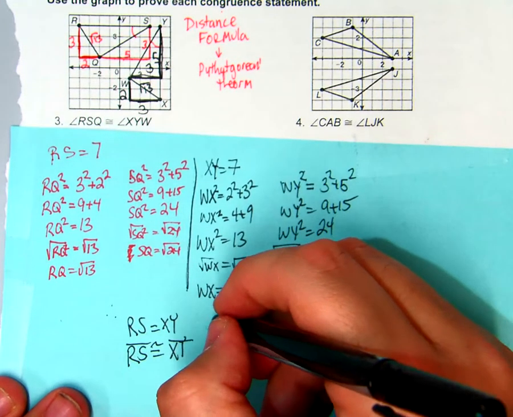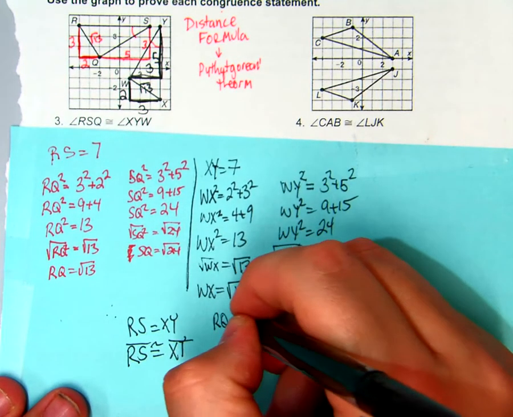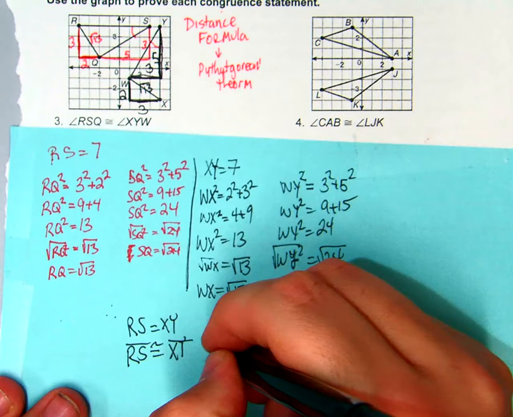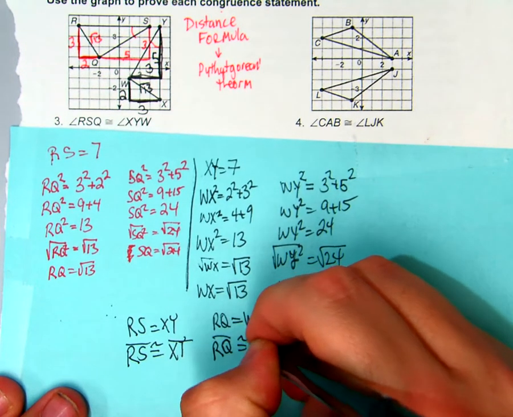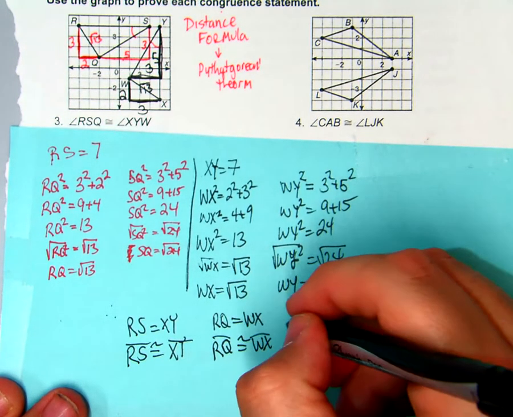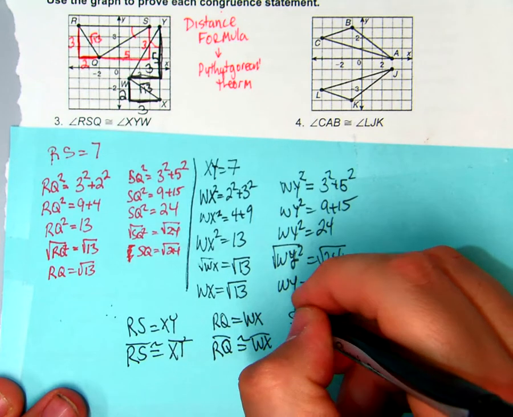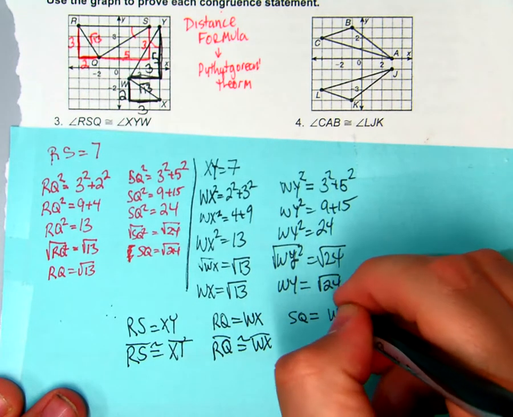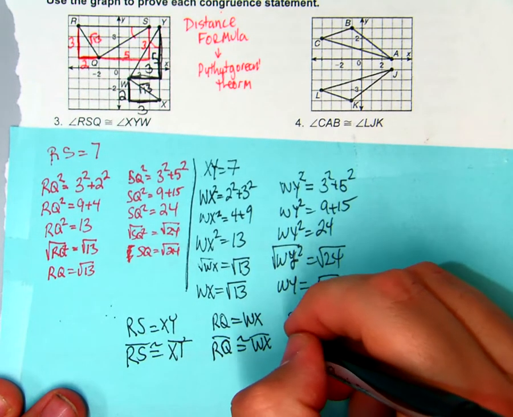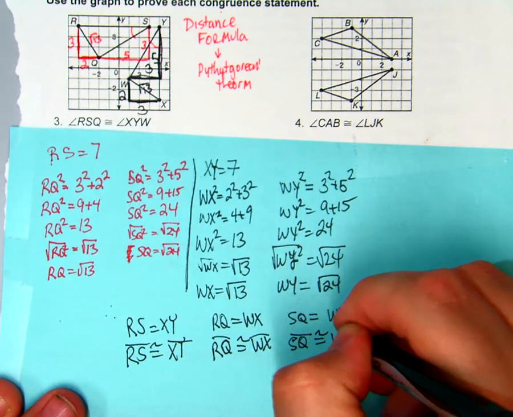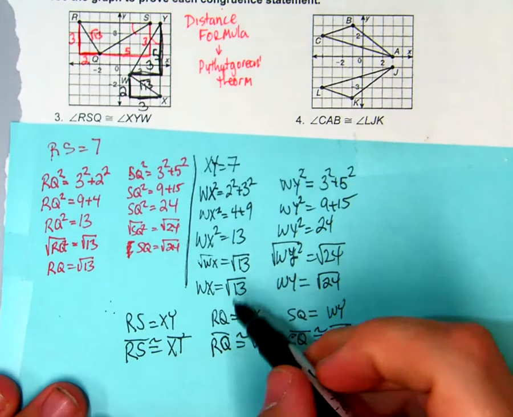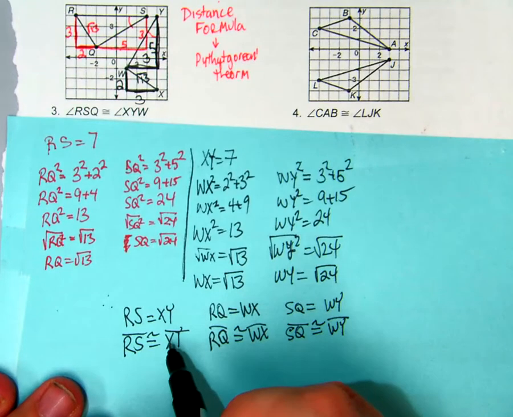I know RQ is equal to WX, which means the segment RQ is congruent to the segment WX, and SQ is equal to WY, so the segment SQ is congruent to the segment WY. It's important to go from equality to congruency,